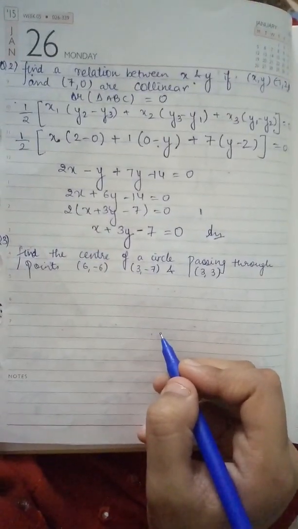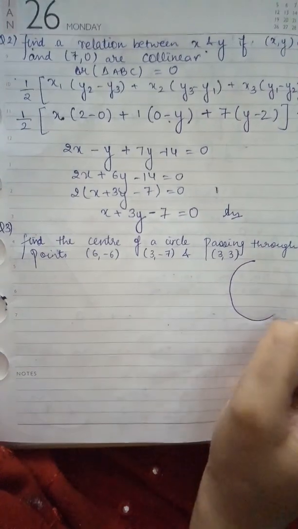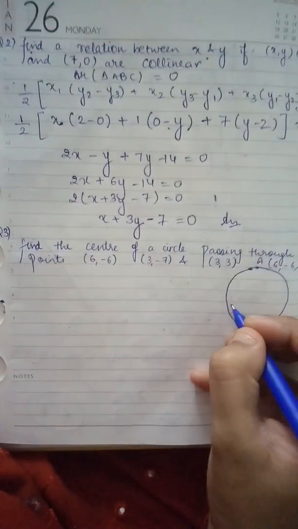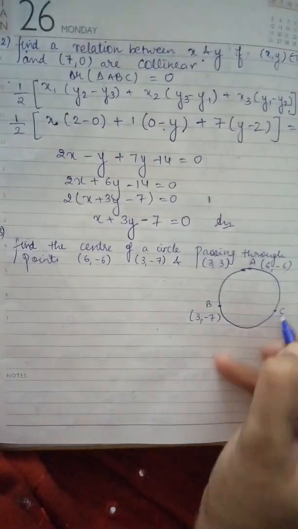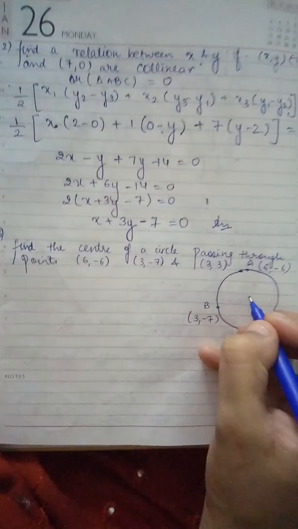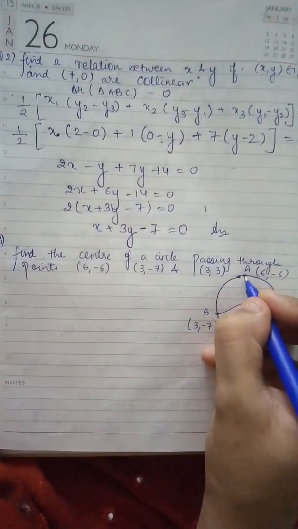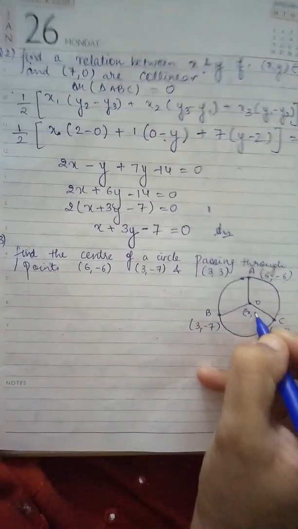Third question, find the center of the circle passing through these points. See, A point is (6, -6), B point is (3, -7), and C point is (3, 3). We have to find the center. See, the distance of all the points on the circle from the center are equal, because these are the radius